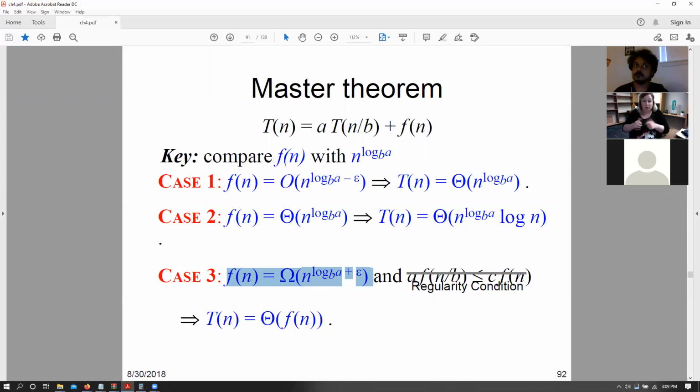It's usually a good idea to find the closest, tightest match that you can, and then you just need to check whether it is big O or big omega or big theta that applies to this particular thing. In addition to this, that is where this subtraction of epsilon and addition of epsilon comes from. If we subtract epsilon, we are saying that essentially for some constant epsilon, n raised to the power of epsilon can dominate our function. And for the third case, we are saying for some constant epsilon, our function will always be dominated. Even if we add epsilon to it, our function will be dominated by the f of n function.